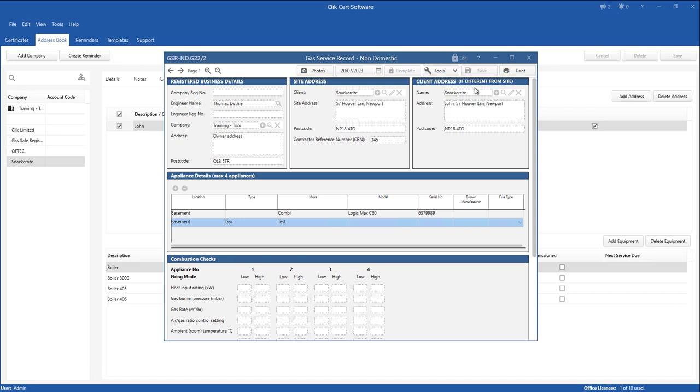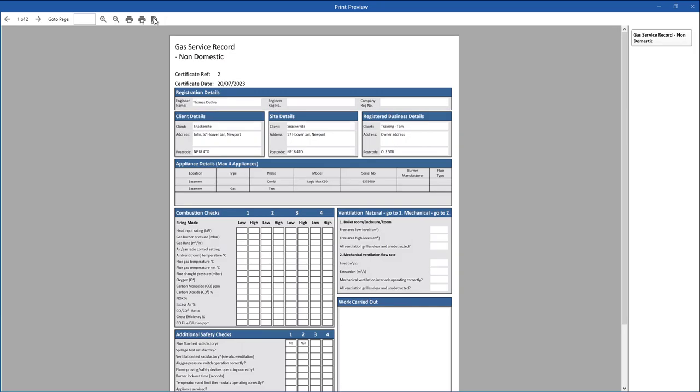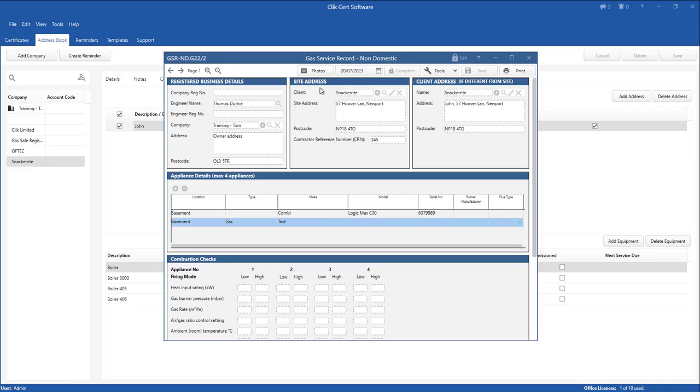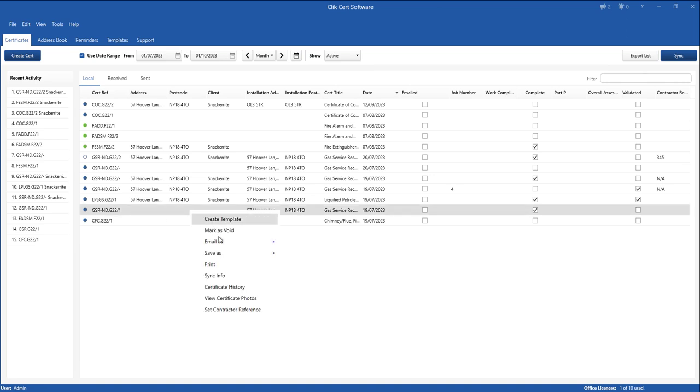Also, if you want to send that off as an email, you could either print it from here, so print, and then save it as a PDF using the button at the top left. So just using this button here. And you could also find the certificate in the list and send it as an email via the software. So I'm just going to right click it, email as PDF.